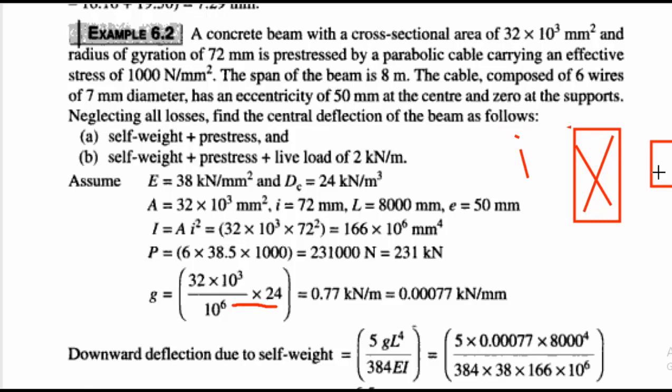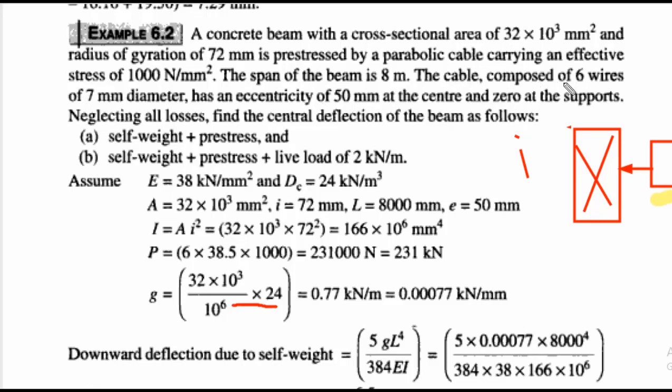Again, they have stretched this steel wire. For this stretching of the steel wire, or the parabolic tendon, they are taking this value as 60,000 Newton per mm square. The span of the beam is 8 meters. Suppose you consider here, this is the span of the beam. The span of the beam is mentioned in the problem as 8 meters.